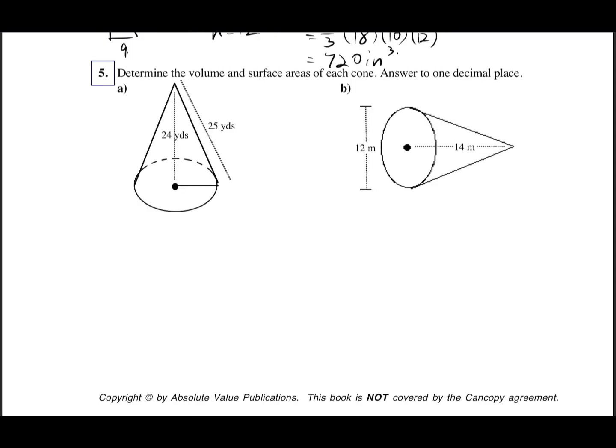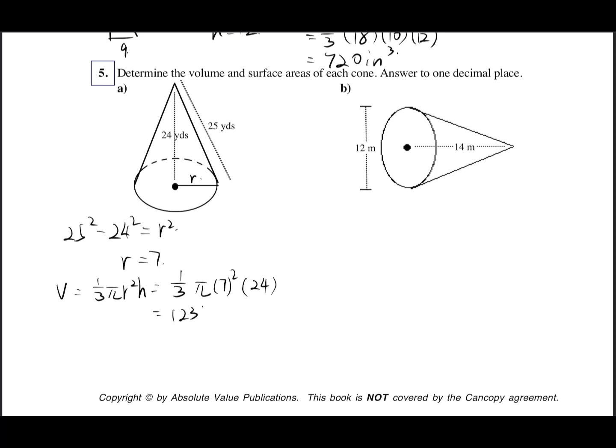Okay, number 5, we have the height, we have the cylinder. We need to find the radius. So 25 square minus 24 square equals r square. So r is 7. So the V equals, and for the surface area equals